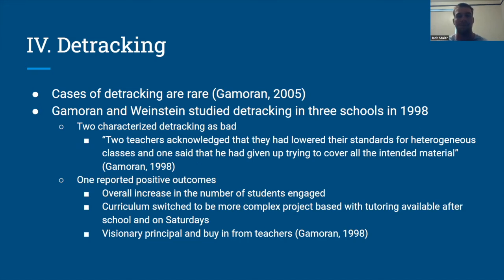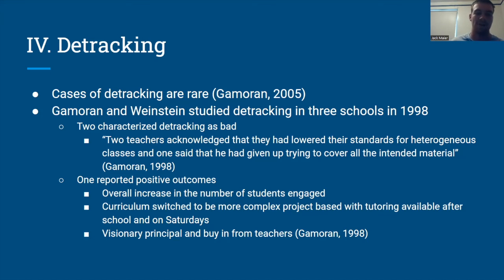For 2 of these schools, it was largely unsuccessful, some of them citing that it is incredibly difficult to address the wide range of student needs in the classroom. The third one was successful. They saw an overall increase in the number of students engaged and in general student achievement. Gamorn and Weinstein cited several factors for why this worked. One of them was that they switched their curriculum from being linear and sequential, where everything built on each other,